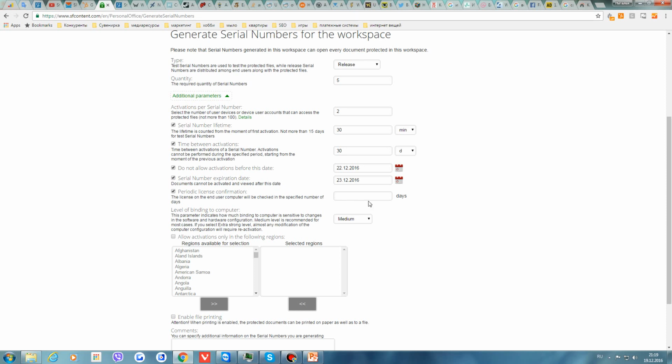So you can select day, any day, any number of days you like, for example 3 days, and it means that the system will ask every 3 days if this person with this serial number can continue using his protected documents. So if a serial number is added to the blacklist, access is revoked and the person can't use these documents or other files anymore.